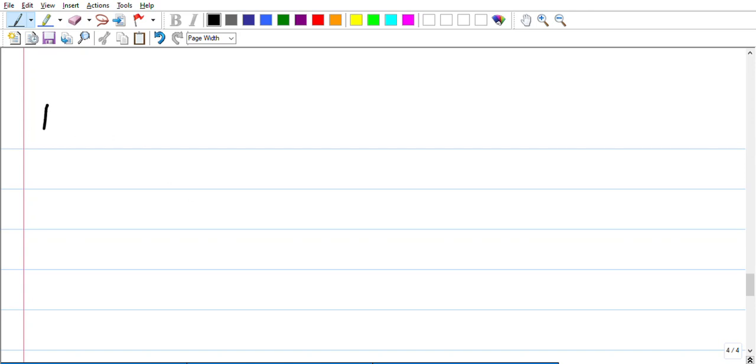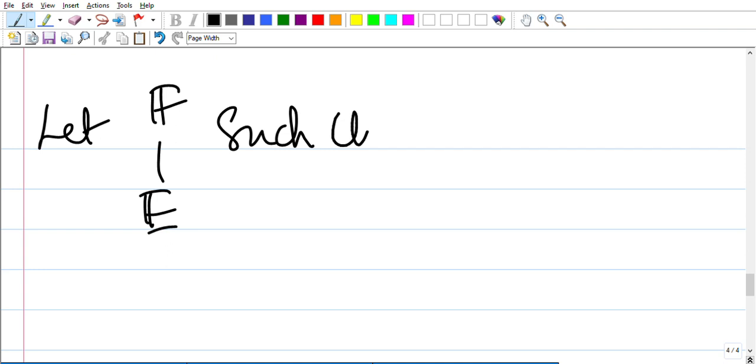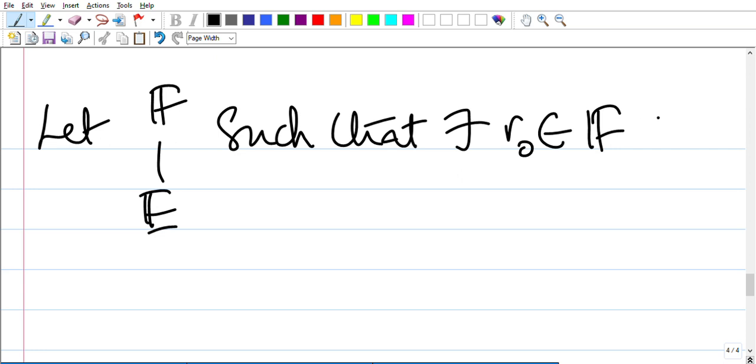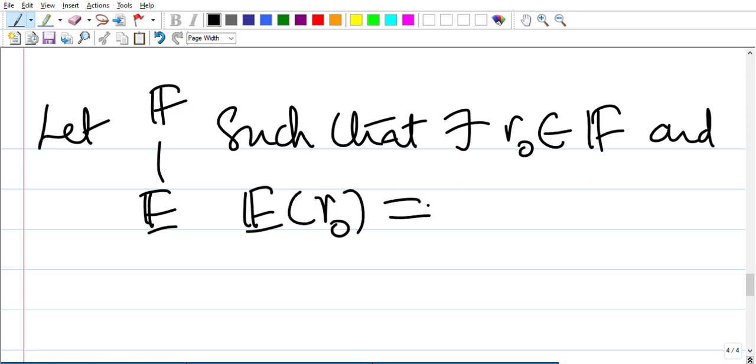Let F be an extension of E such that there exists an r0 in F and the subfield of F obtained by attaching r0 to E turns out to be F. Then